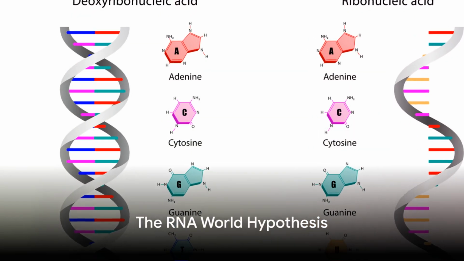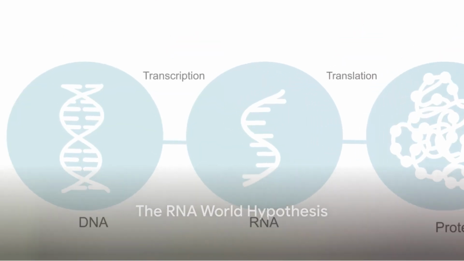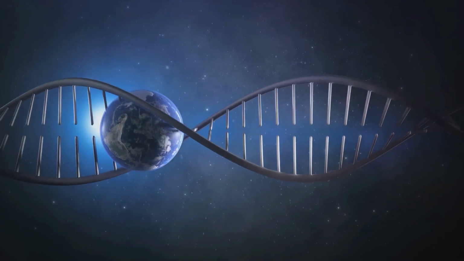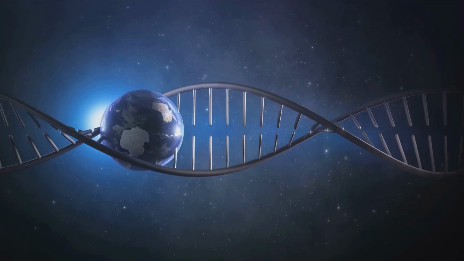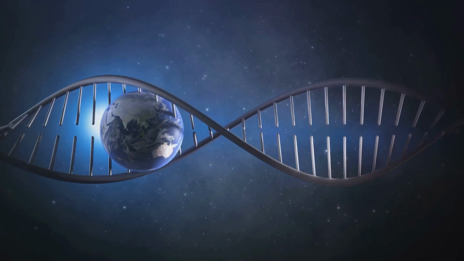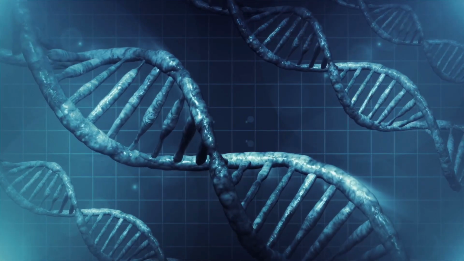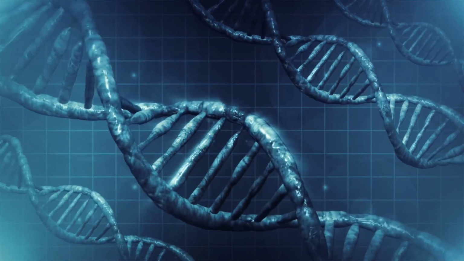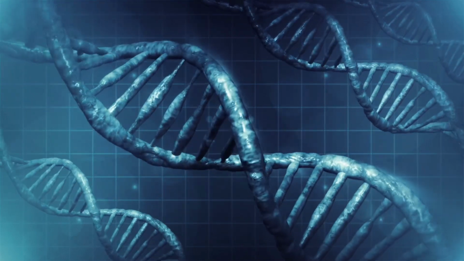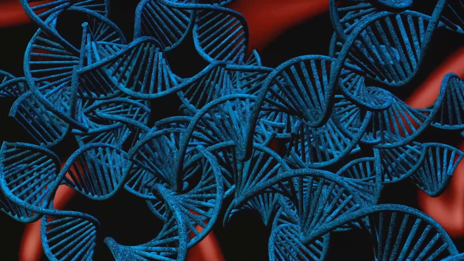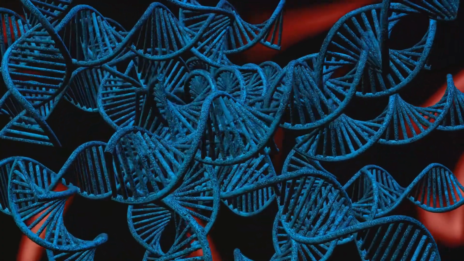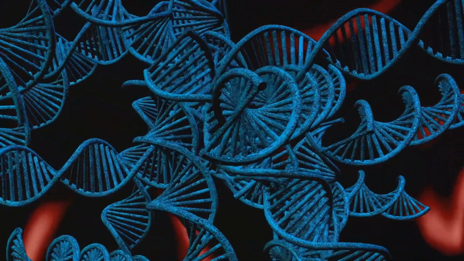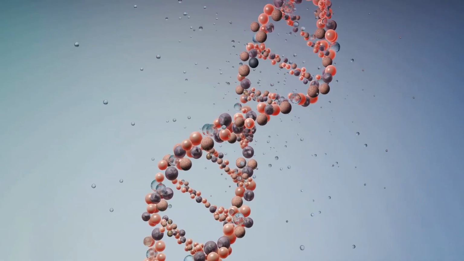Enter RNA, or ribonucleic acid. RNA is believed to be one of the first macromolecules capable of storing genetic information and catalyzing chemical reactions. The RNA world hypothesis suggests that life based on RNA came before our current DNA and protein-based life. RNA molecules capable of self-replication would have been subject to natural selection, leading to the evolution of more complex and